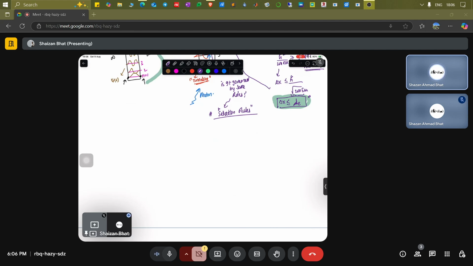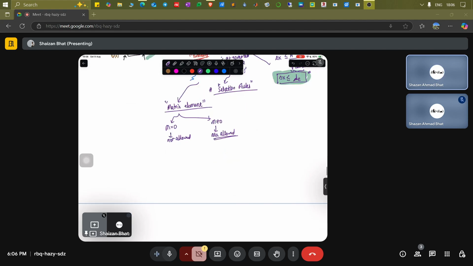Again, I won't go into the mathematics of it because I hope the professor has covered it deeply. There's one problem which we might try to solve, but I'm going to give you a flavor of where it comes from. Which transitions are allowed is governed by a matrix element. If the matrix element comes out to be equal to zero, those transitions are not allowed. If it comes out to be non-zero, those transitions are allowed. That is the simplest thing. What is this matrix element?